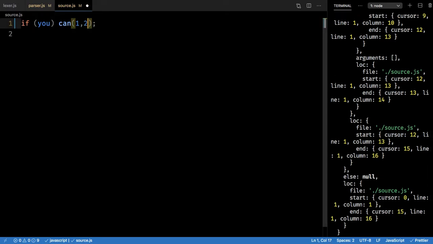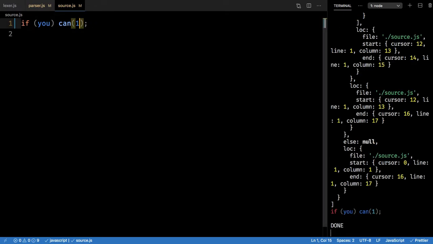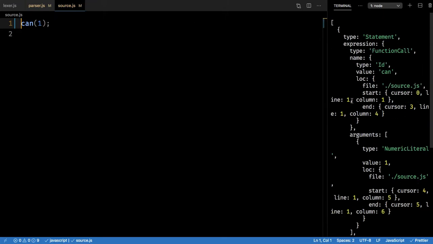Let's have some arguments, maybe one argument. So let's simplify it. Will it work? It works, amazing. Okay, so it's an ID, can, arguments, type numeric literal 1,